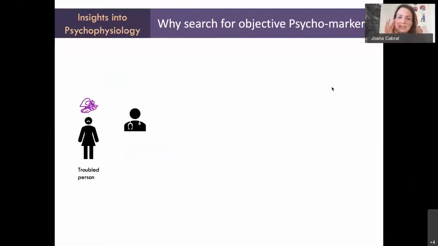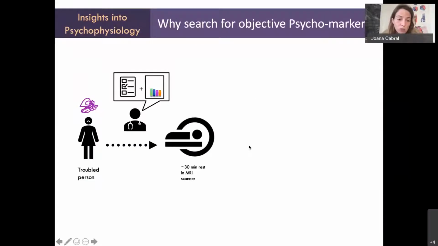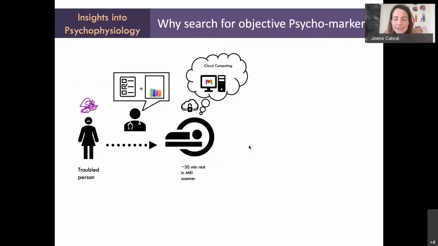But ultimately, what this would lead to is that we could help psychiatrists, not just with the questions and answers they typically ask, but to quantify. Someone comes to the psychiatrist with some symptoms, and the psychiatrist can prescribe a report. So the person would go for a 30-minute resting state scan. This data could be sent to some cloud computing system that would run the algorithm, compare with reference values,